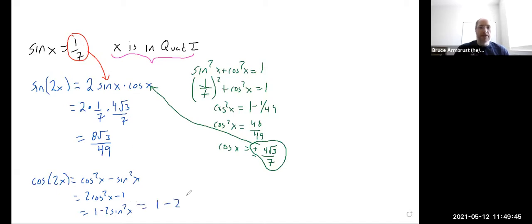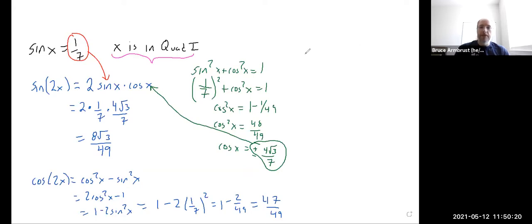So this is going to be 1 minus 2 times 1/7 squared. So that's 1 minus 2/49, or 47/49. And that's the same thing you would have gotten if you'd used the first form or the second form. Either way, you're good to go. All right, so there's sine and then there's cosine. So now for tangent,